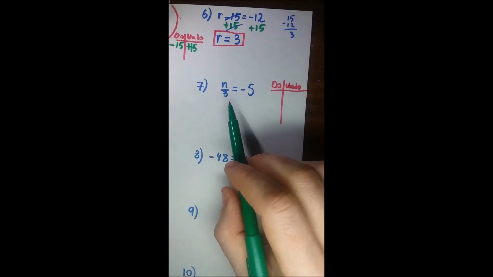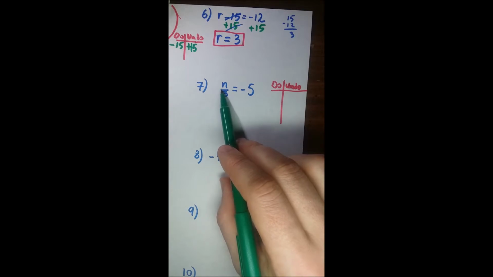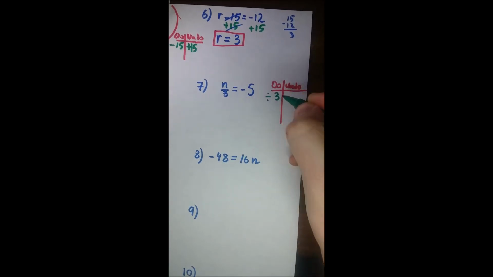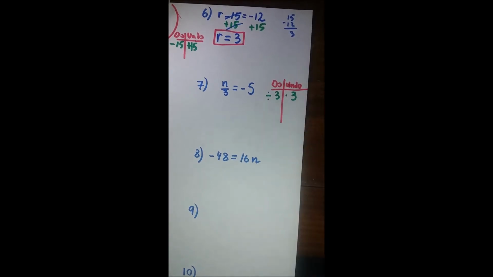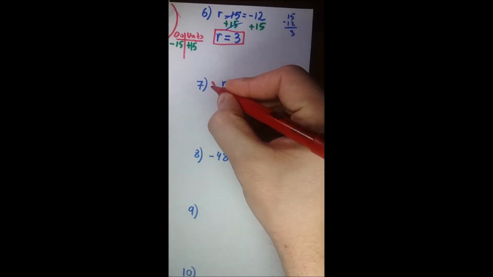Now, n over 3. Okay, this is the fraction line. Fraction line means division. So you divide it by 3 both sides. To undo division, you must multiply by 3. So here you go. I'm going to go ahead and use the red marker here. So multiply by 3